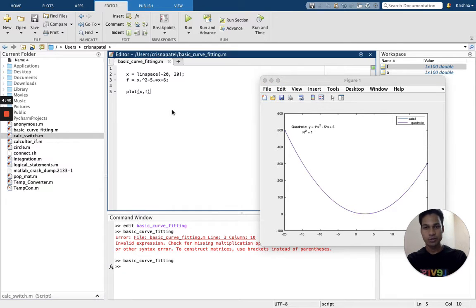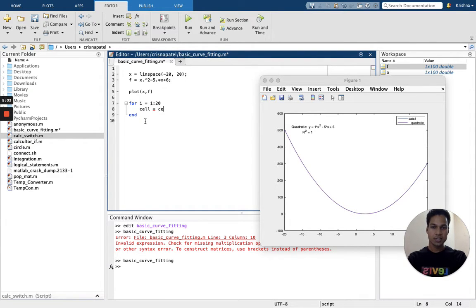Let me show you how I can do that. I'm going to create a loop for I between 1 to, let's just say, 20 points. First I need to select a cell in F. And how do I do that? Well, I can take a random number